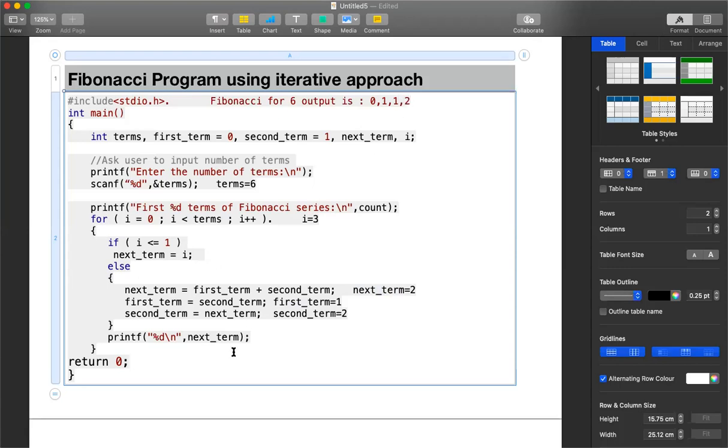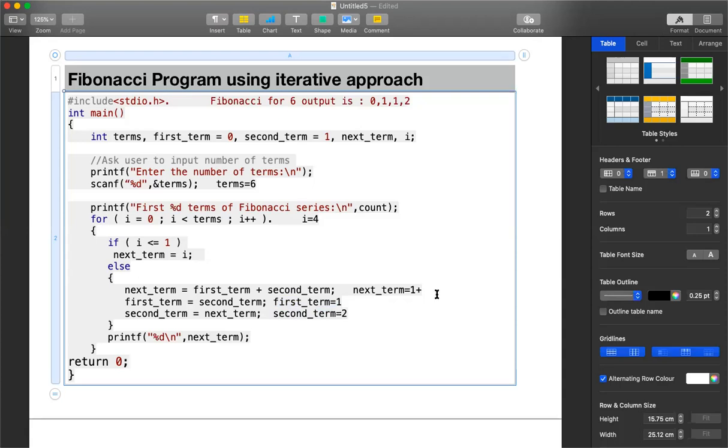Okay, now again you go back to this location and now 3 becomes 4. Okay, this condition will not be true again. This condition is going to work only for the first two numbers. From the next case onwards, it will always go to the else block. So next term has to be calculated. What is the current first term? The previous two numbers are 1 and 2. Current first term is what? 1. Okay, so we'll write next term is equal to 1 plus, what is the second term? Second term is nothing but 2.